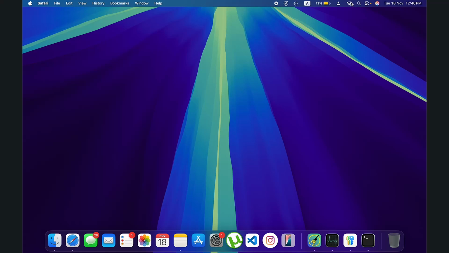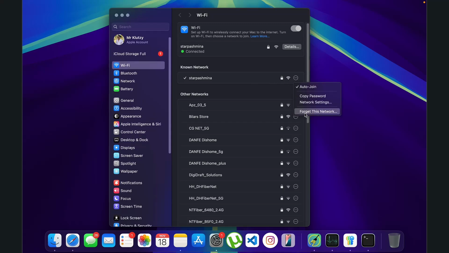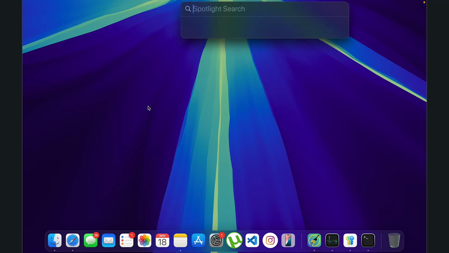So first things first, simply go ahead into your Wi-Fi settings up here and click on Wi-Fi settings. Once you've done that, all you need to do is simply go ahead and forget your network and then rejoin it once. And now the other thing that you need to do is press Command plus space and then search